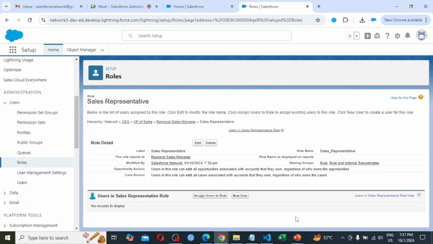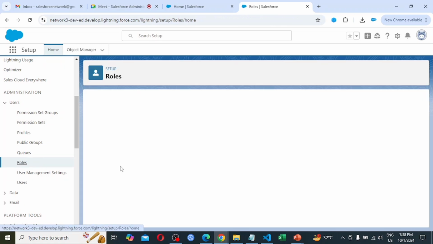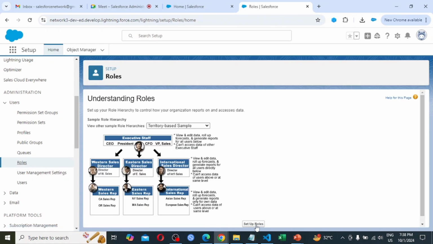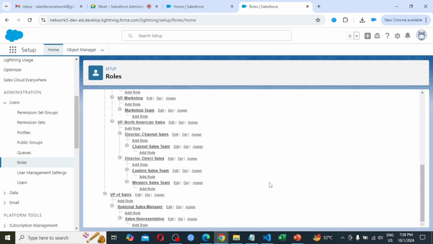We get questions like, in the role hierarchy, if two roles are there, both roles having the same access, can one team delete the records of the other team? Explaining here itself, Salesforce has already created director, and there is Eastern sales team and Western sales team.